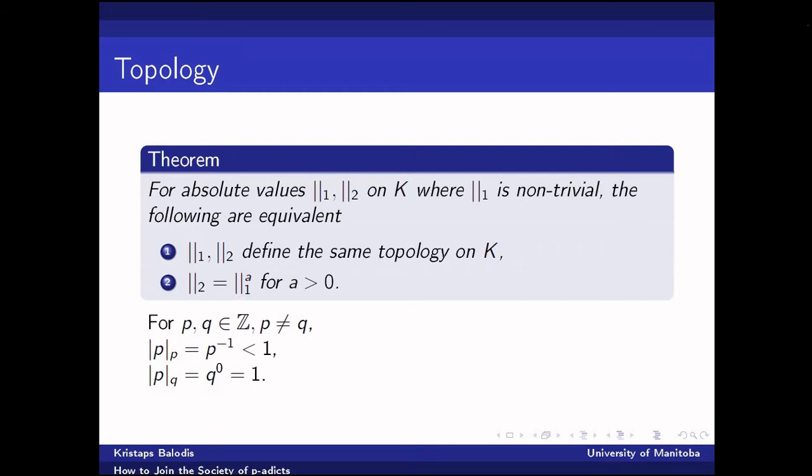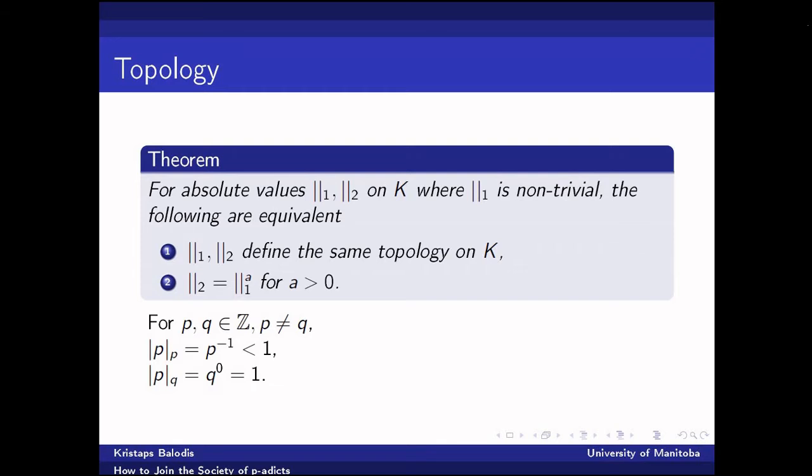So we're going to skip this proof, but I do write it up in detail in my notes for this series. So suppose we had two distinct primes, p and q, and the p-adic evaluation at p is p to the minus 1, of course, which is strictly less than 1. But the q-adic evaluation of p is just going to be q to the 0, because these are distinct primes, so they're not going to appear in each other's prime factorization, of course.